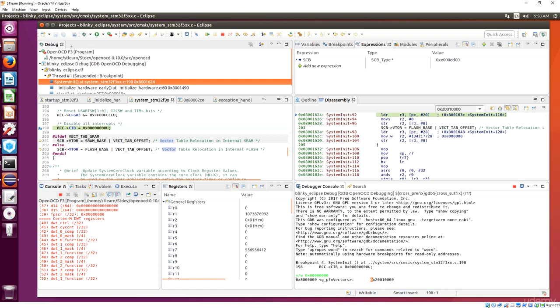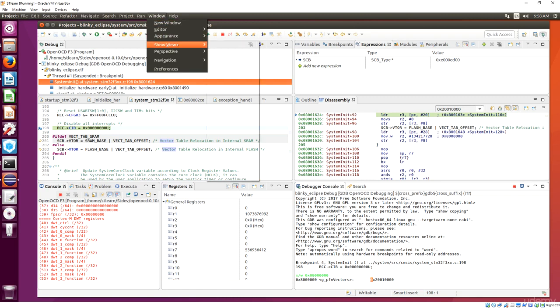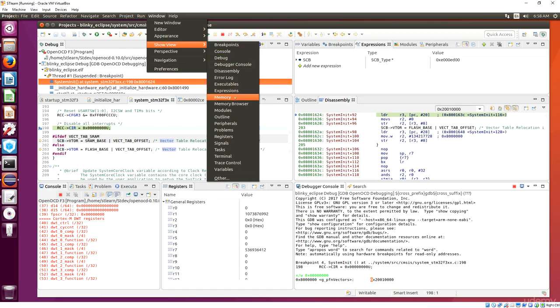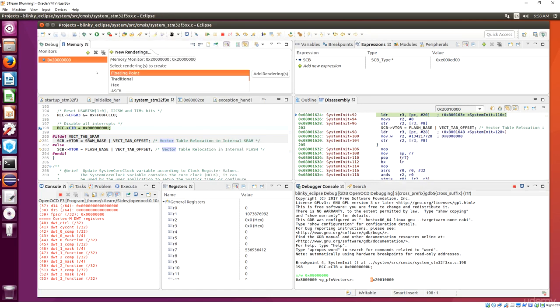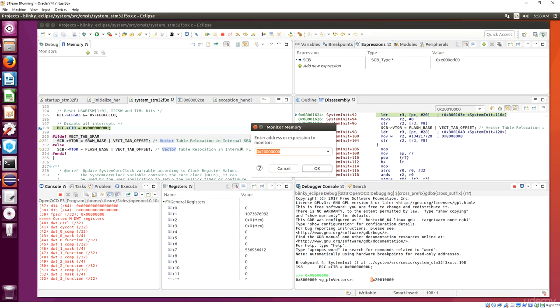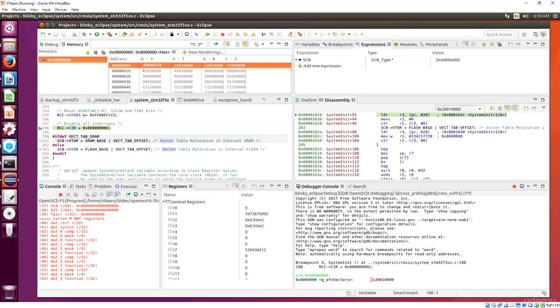Now let's go and check what the memory looks like. So I'm going to open the memory window, going to Window, Show View, and Memory. Inside here, I'm going to add the address that we want to see. So if we start reading bytes from the word, so this is a 32-bit word, so we start reading bytes,